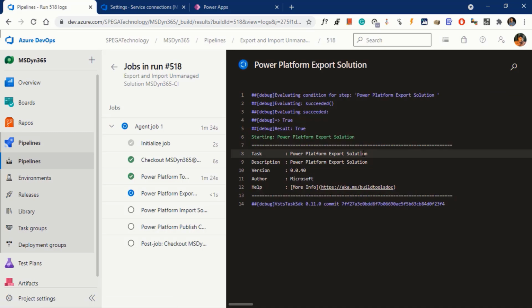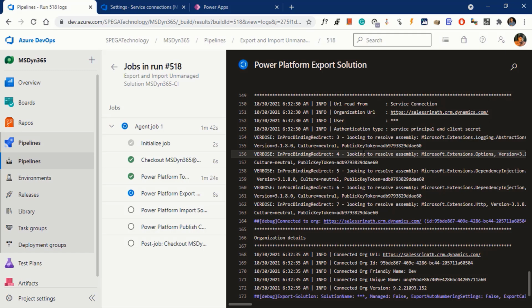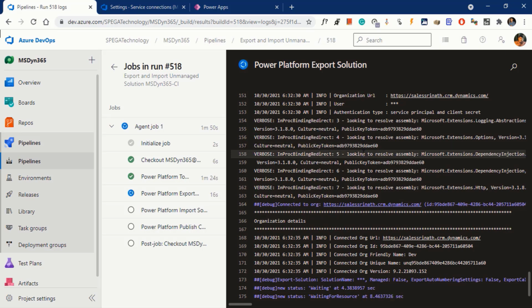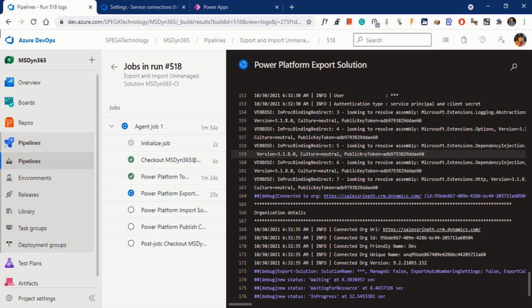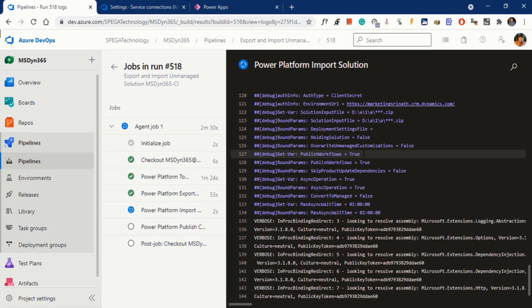It started exporting the solution. The solution is exported. Now it started importing the solution to the build environment.